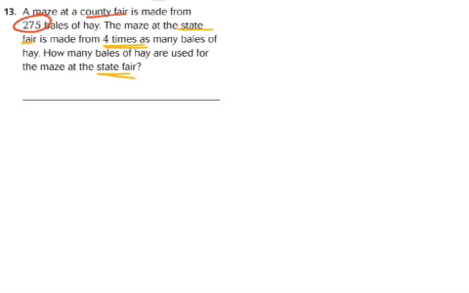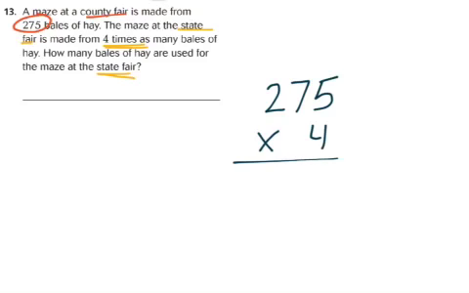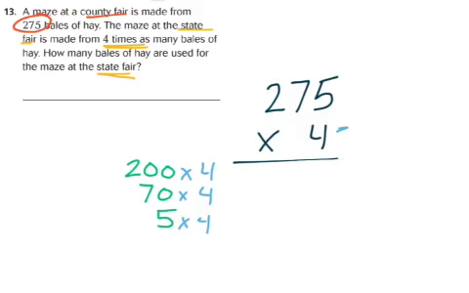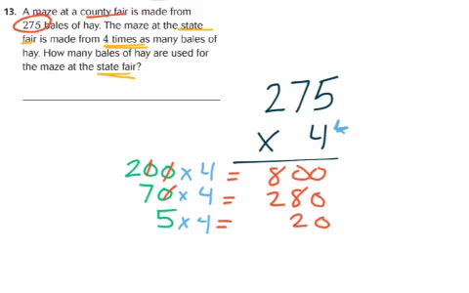So let's set up our problem. We have 275 times 4. Now, same steps apply. I'm going to do 1, 2, 3, 4. Step number 1 is to expand 275. Step number 2 is to distribute. That means I'm multiplying each piece times my 1-digit number, which is my 4. That one right there. Step number 3 is to find my partial product. So I'm going to multiply each piece. And finally, step number 4 is to add my pieces together. And I end up with